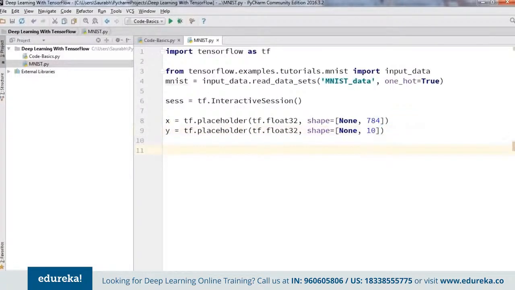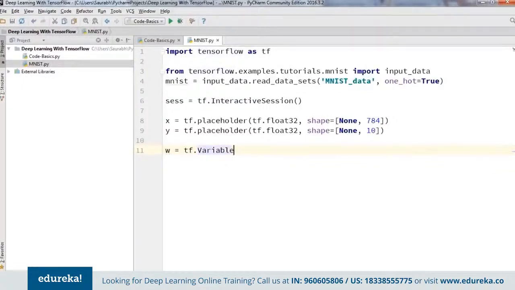And now the next step is to define weights and biases for our model, like we have done in the previous example. So we could imagine treating these like additional inputs, but TensorFlow has an even better way to handle them, and what it is is nothing but variables. So let us go ahead and do that. I'm going to type in here